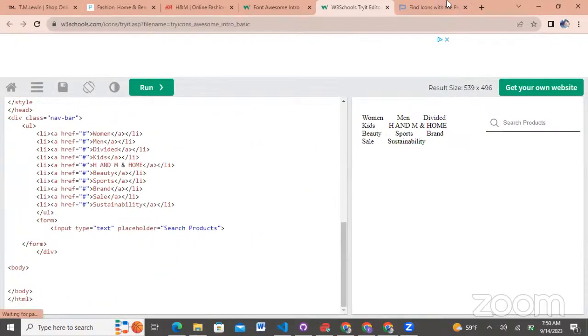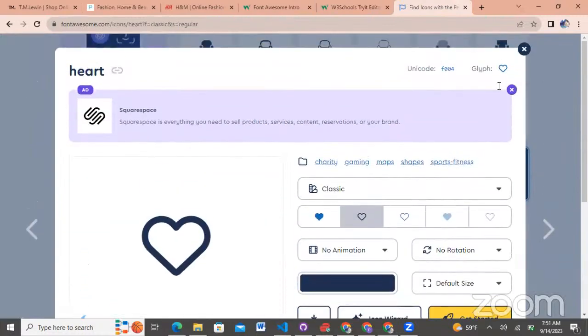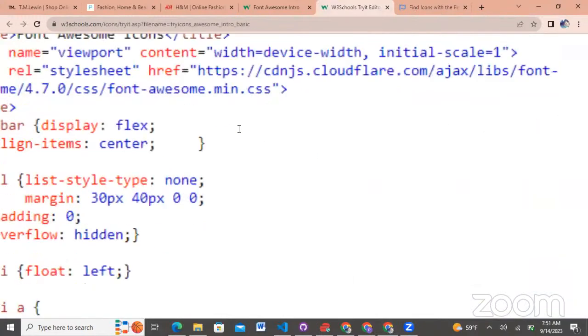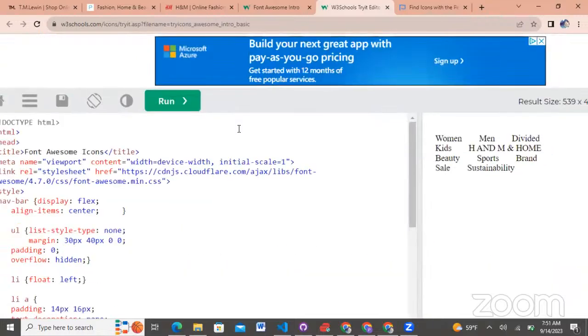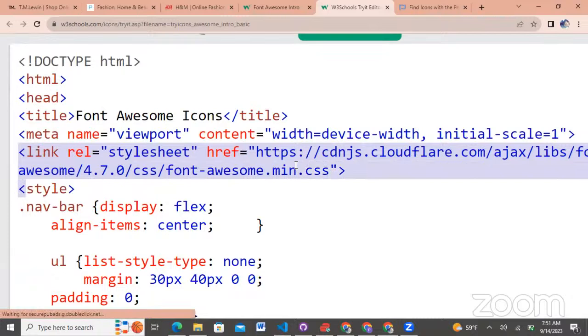So now that we have our code, let's go back to Font Awesome. Remember that we searched for the icon we want. Now remember, you need to put this link on top of your CSS. This particular link, if you want Font Awesome to work. So after you have kept this link in your CSS,